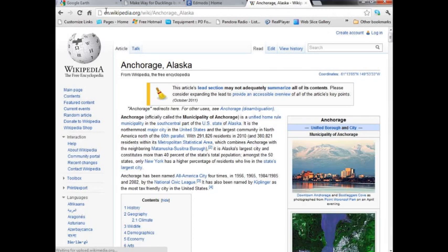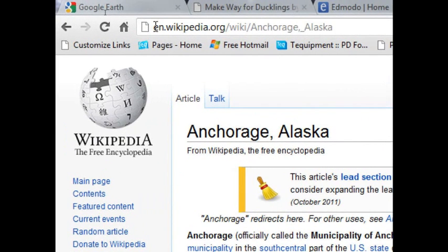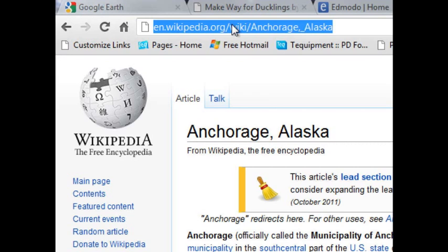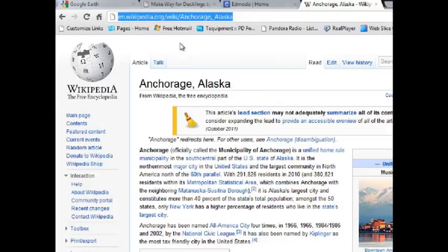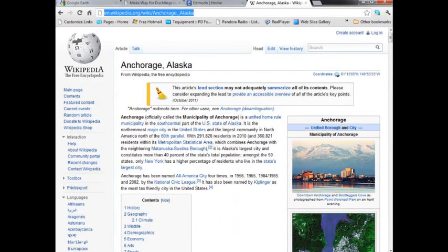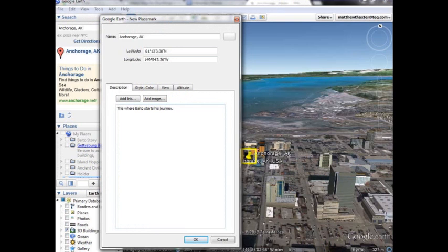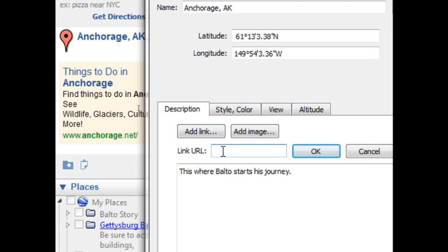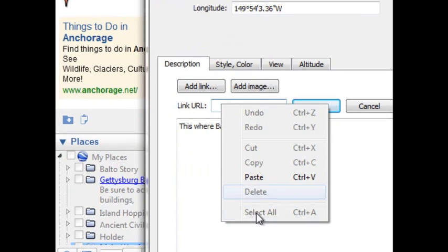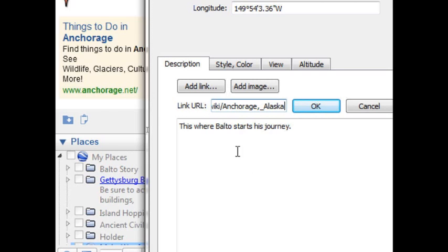And notice at the top of the website, you'll see what's called a URL address, en.wikipedia. If I select that and then secondary click or right mouse click and say copy, you're going to see a really neat feature that you could do in Google Earth. So in Google Earth, when I come back to here, see where it says add a link? Kind of like where you saw that reference, like where did I get my information from? If I choose add a link, you'll see this little spot that says link URL. If I was to paste my link right there and then choose OK,